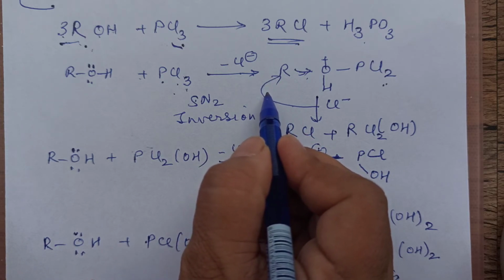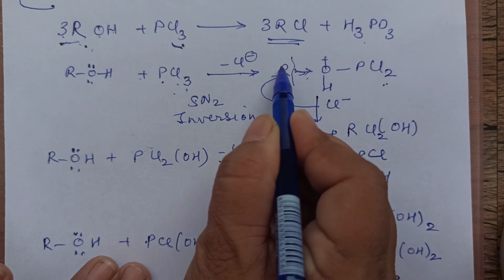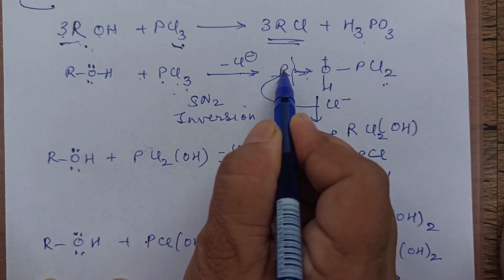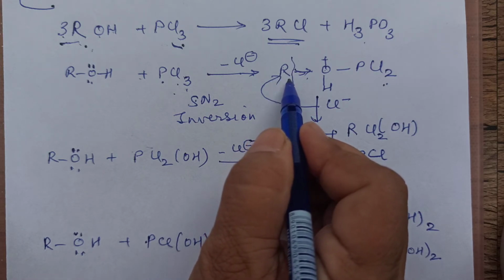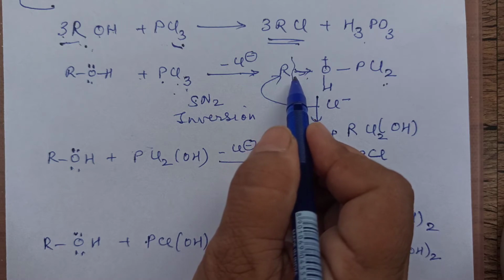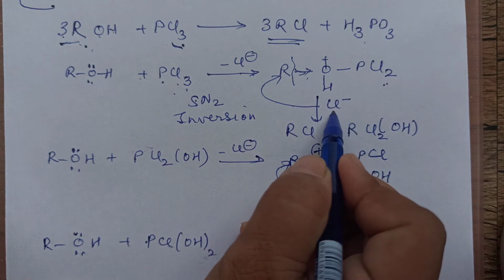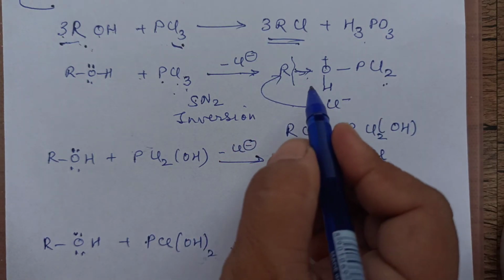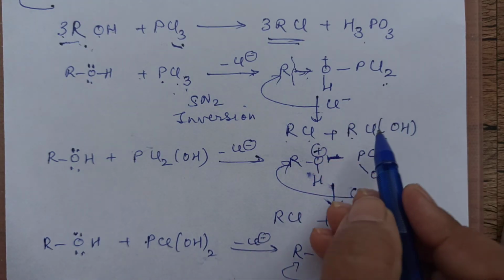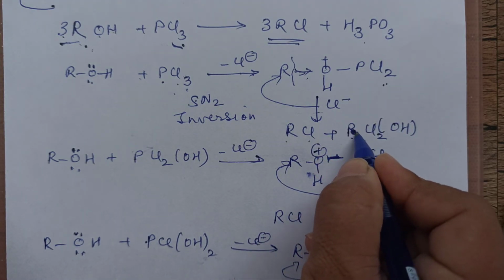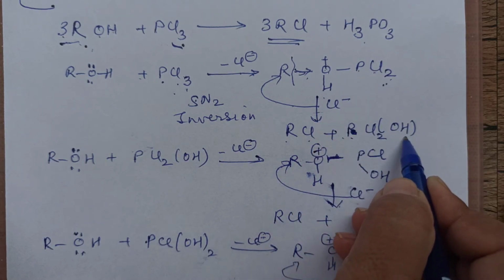But before attacking from backside, let me tell you, this has taken a pair, means this will get a comparatively positive charge, and that R is not completely a cation. In the same reaction only it is happening. So, let's not talk about the positive. When this bond is being broken, this Cl minus attacks from backside, and then finally this bond breaks completely. You will get RCl and whatever I wrote here. This is P, sorry children. This is P, Cl2 and OH. That is the product.